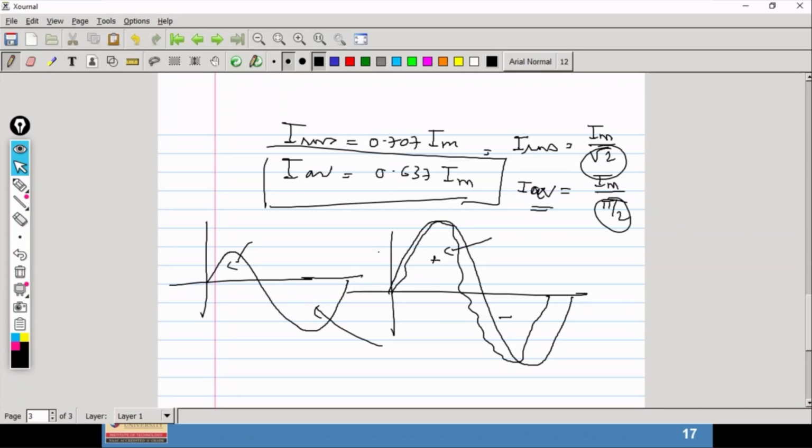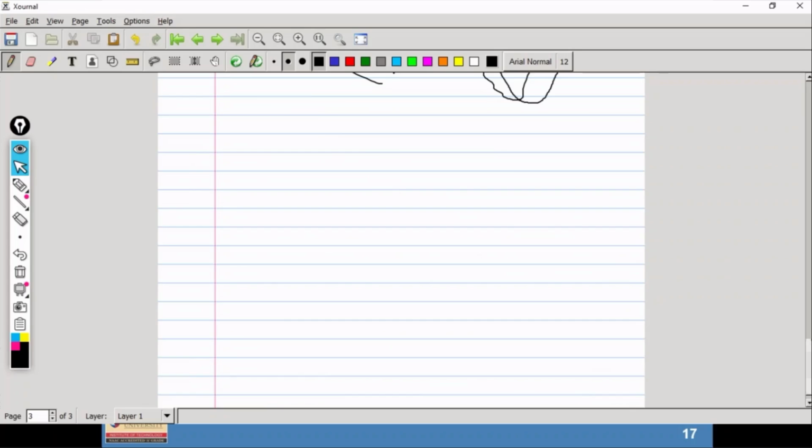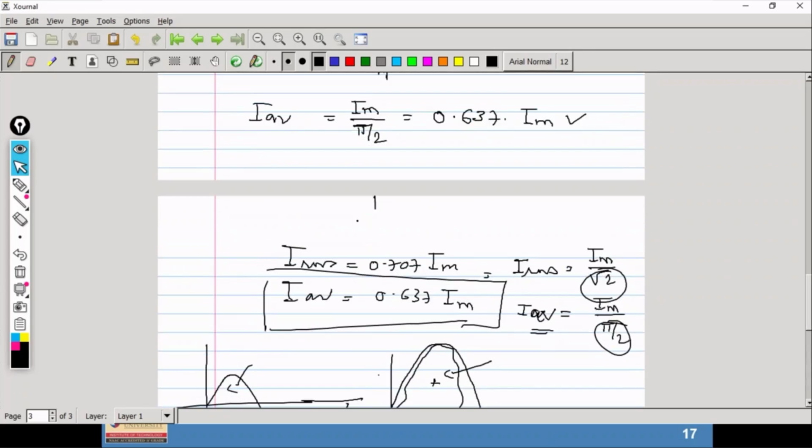So similarly, we can find the RMS value. These values which we found are for a full wave, meaning for the full cycle. We have derived these two expressions for the full cycle, from 0 to 2 pi. But if we consider a half wave and find the RMS value as well as the average value, then it could be a different value. So by considering half wave and full wave, we can derive the expressions also.